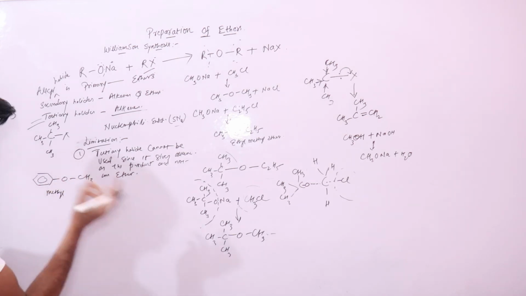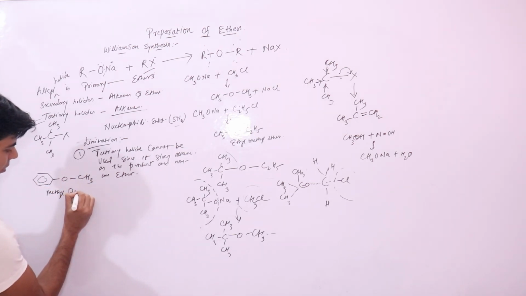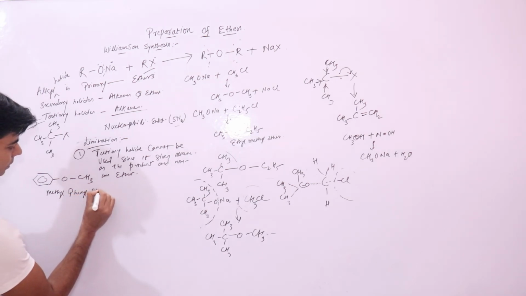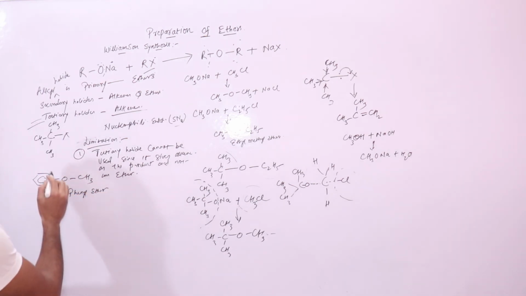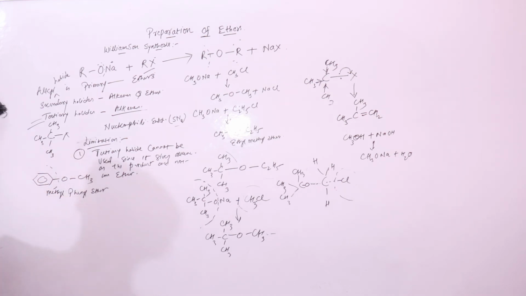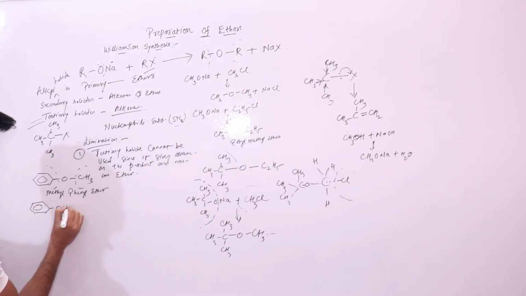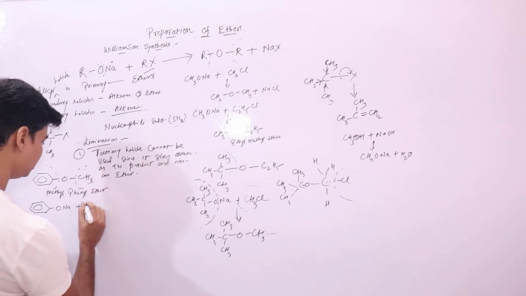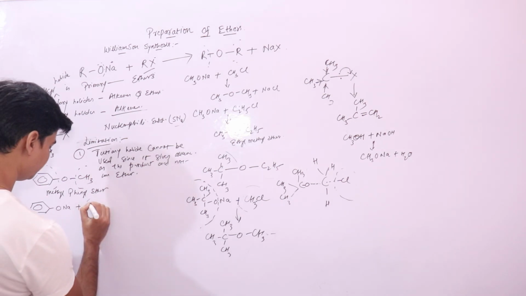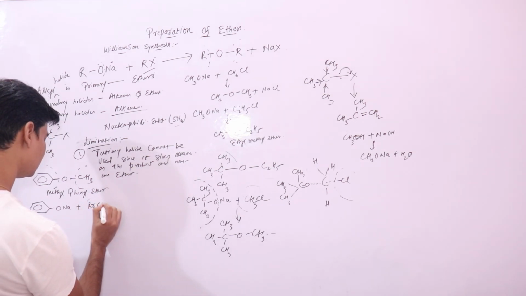M comes first, MnOP, methyl phenyl ether. So how will you prepare this? From where this phenyl will come, and from where this R will come, the other methyl. Right? In this case, the reactants that we will use is this plus your primary halide, which is, say,